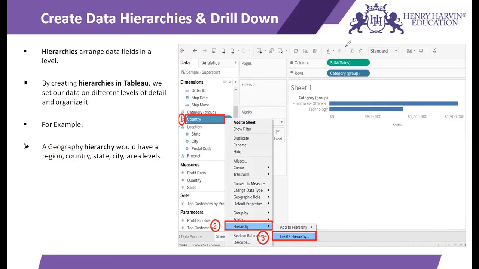Then another example of creating hierarchy can be the hierarchy which we get in terms of time fields, like we can have year, month, week, day. All of these separate fields, we can jot them together and create a time hierarchy. You will understand this better when we'll see it live in our Tableau workbook. So without much ado, let me take you to my Tableau workbook.